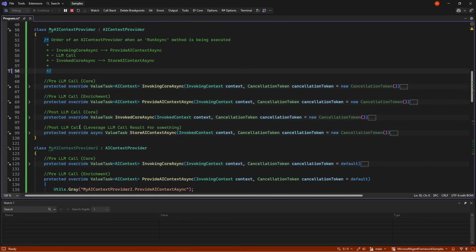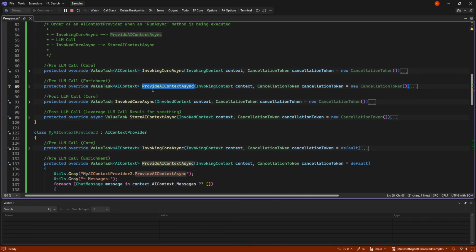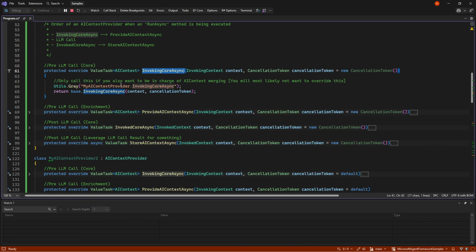So in real life, there are 4 of these theoretically, but when you are going to use these, you will essentially never use the invoking and the invoked. Behind the scenes, these two do some very advanced things of merging messages, because there can be multiple of these. But in reality, you will stay here. This is the user version, while this is a more technical version. And I will argue that if you know when to use this, you probably don't need this video.